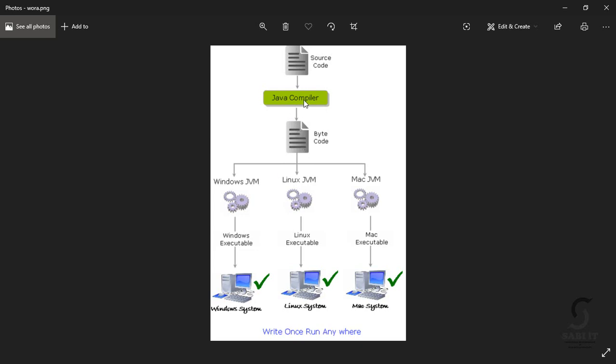So how is this possible? Because we write the source code and compile it, and it creates the bytecode. This bytecode runs in the virtual machine. These virtual machines are different for each platform, such as Windows, but they run the same bytecode and produce the same output. So the virtual machine is different for the platforms. So we run the code not on our machine directly, it runs in the Java Virtual Machine. That's the reason it is platform independent.